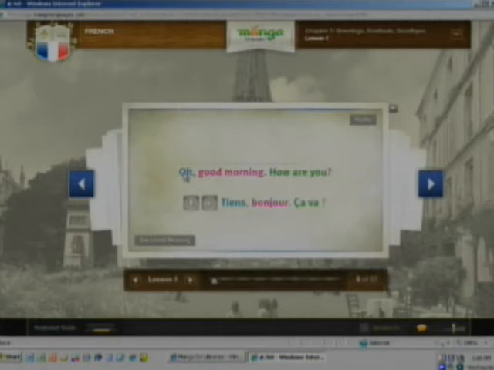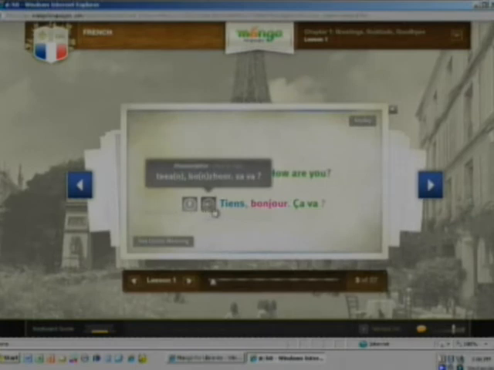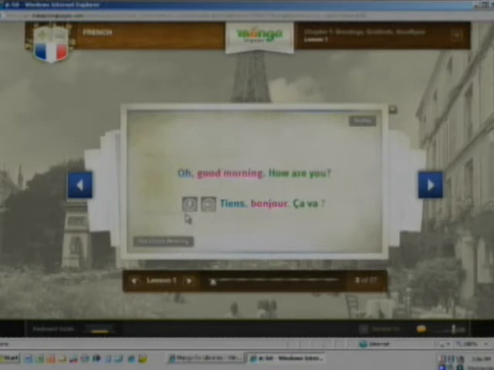Okay, so you can see then it breaks down the conversation by line, and you're looking at just that first line that we were looking at earlier, and it breaks it down for you, not only with the language written, but also the pronunciation as you hover over with your mouse. Okay, so the two buttons next to the pronunciations, you can choose to hear it again, the pronunciation, and this is actually a voice comparison. What it does is takes your own voice and it records it, and it compares it to the spoken voice on the lesson to see how close you come to the actual pronunciation. So it's invaluable. You will need a microphone to do it, but that option is there for you as well.